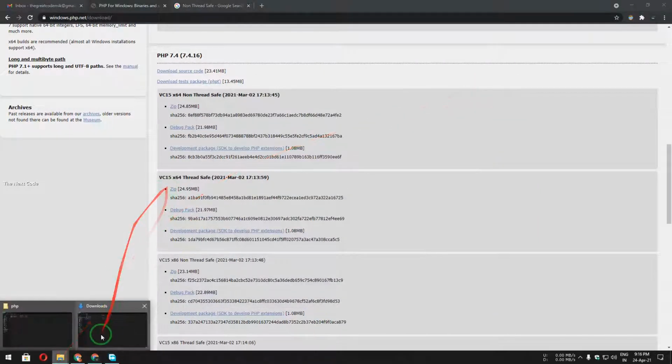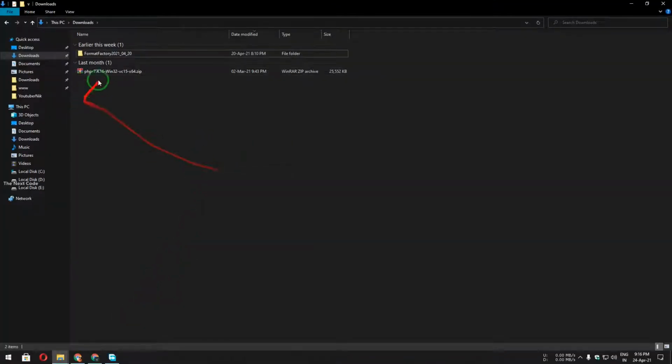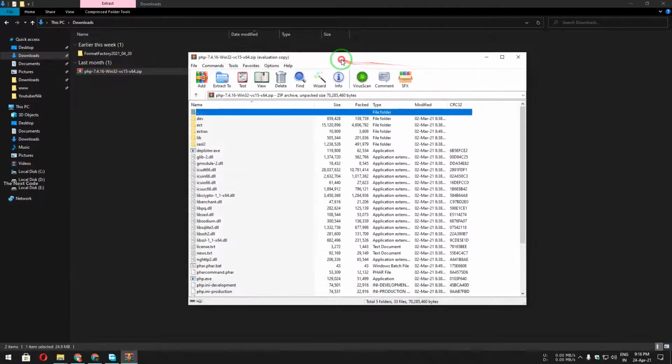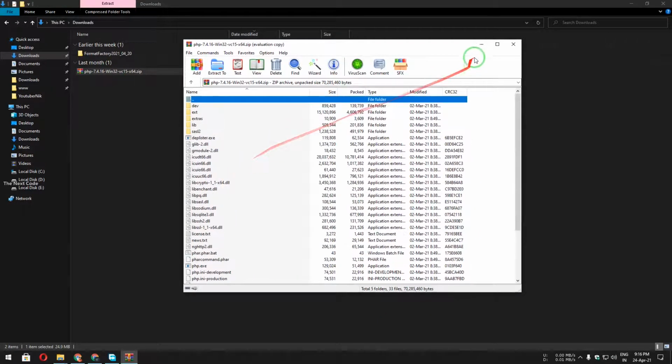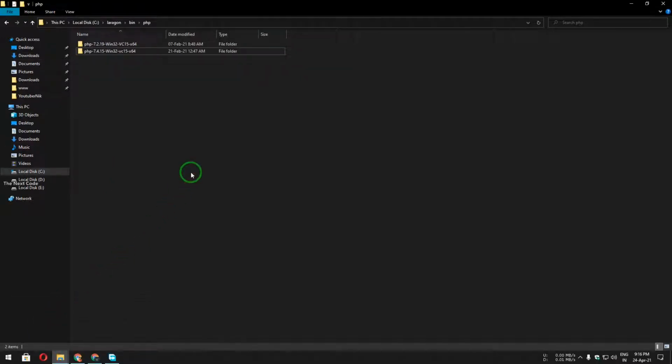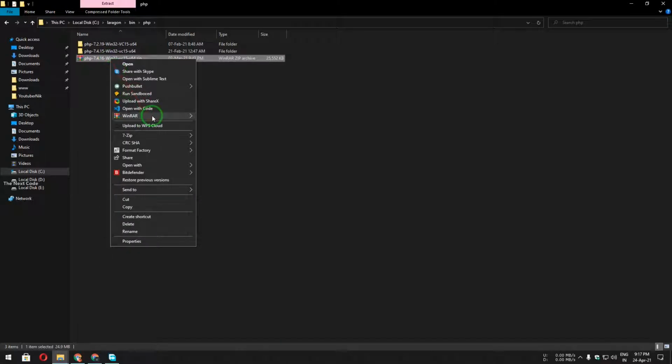Let's see the file. Okay, so here you can see the file has been downloaded. Inside it PHP is available. Let's copy this file and paste it here. After that, right click on it and inside WinRAR click on extract to this file name.